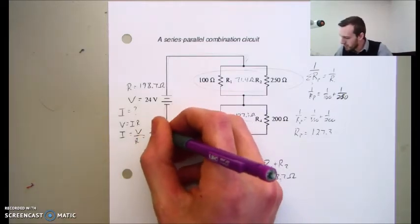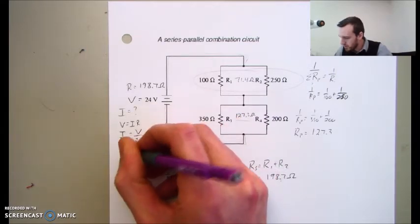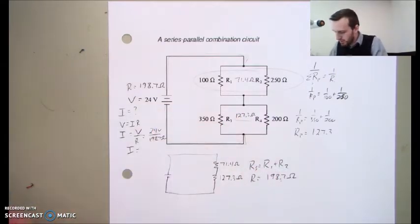So here we go, 24 volts over 198.7 ohms. Looks like our current at the battery, or I call it the total current, is